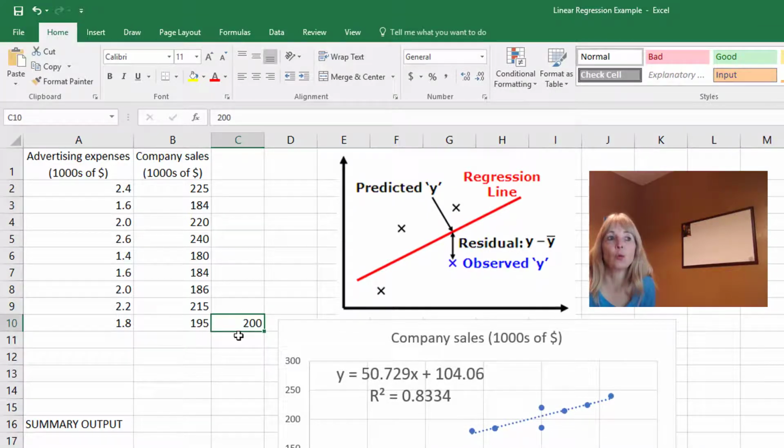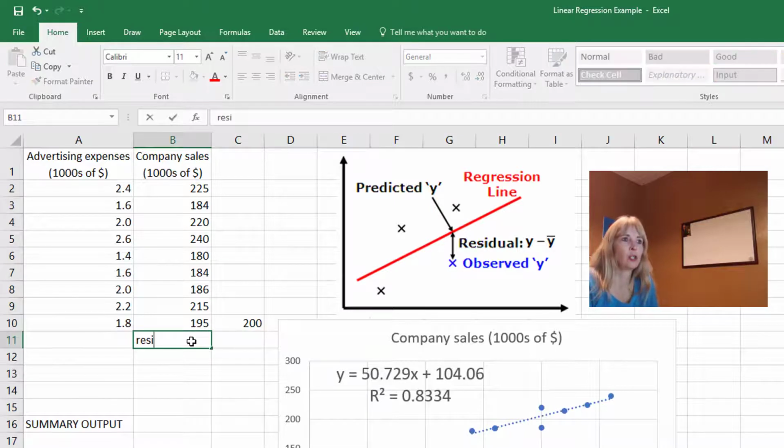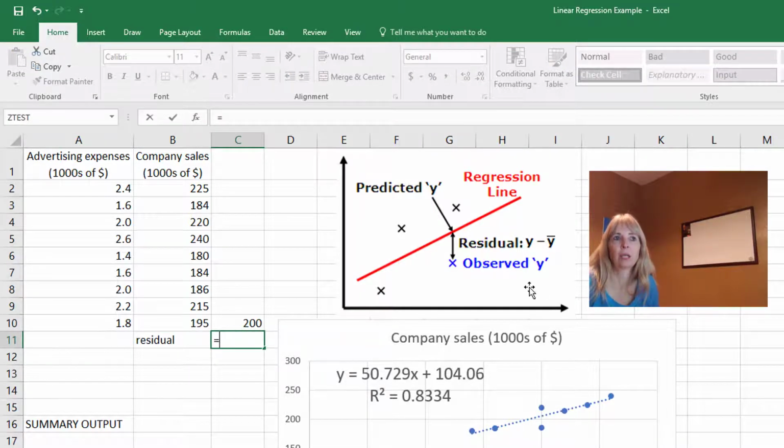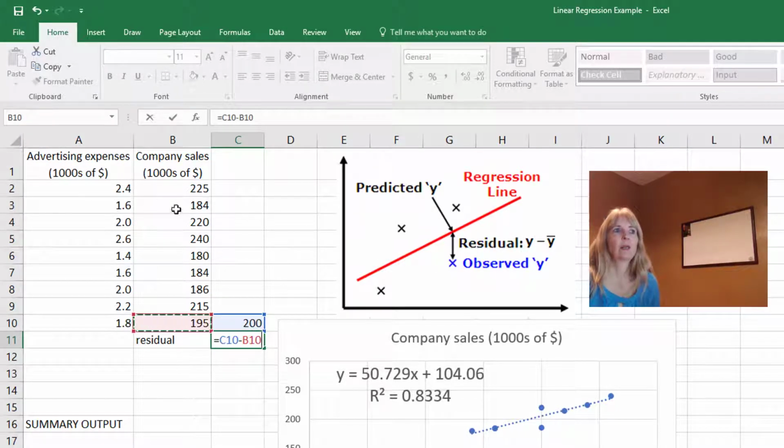So the residual would be the difference, so that's what it's showing right here, the actual observed value minus the